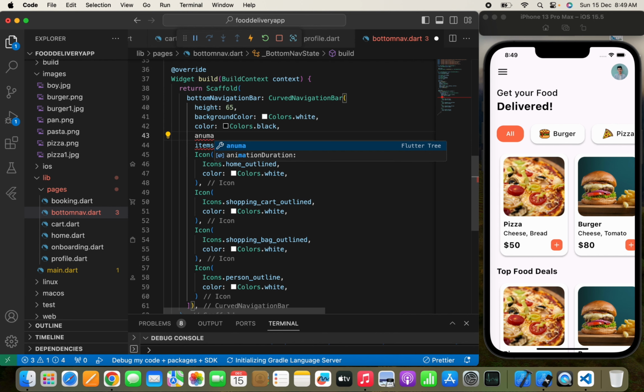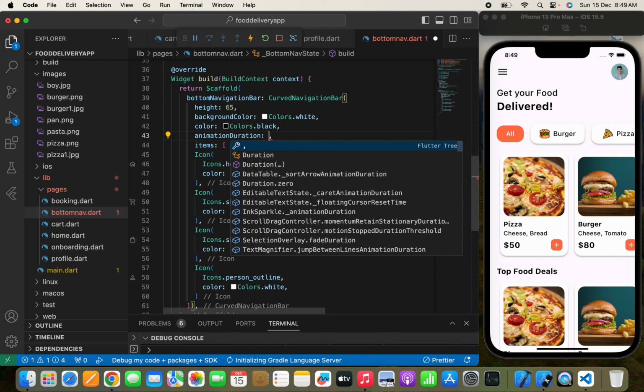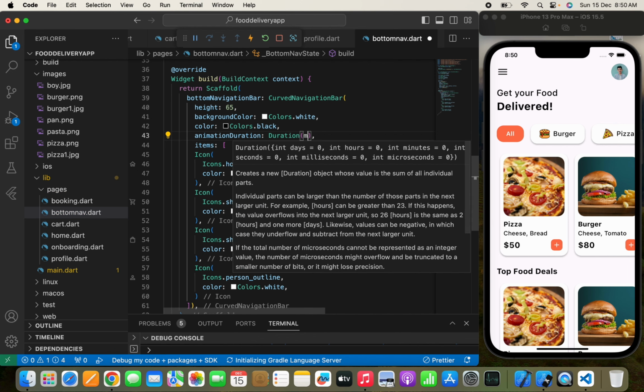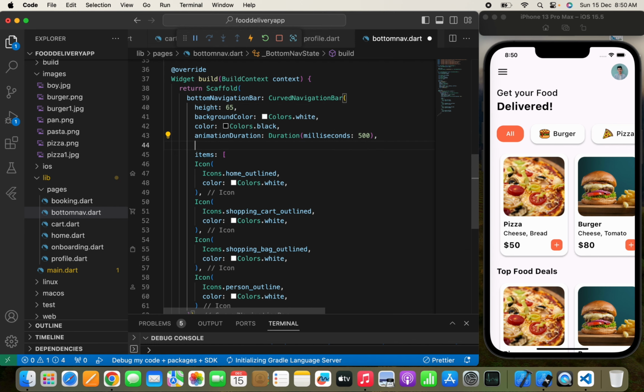Now we can pass the animation duration. The animation duration is something like this: for example, when the user taps on the home icon and then taps on another icon, how much time it should take to shift from the home icon to the other icon. This is the animation duration, and you can pass the duration up to milliseconds, and we'll pass 500 milliseconds. Yeah, now in the onTap,